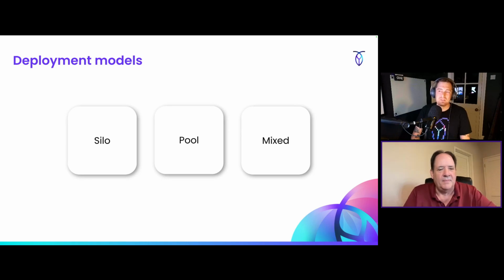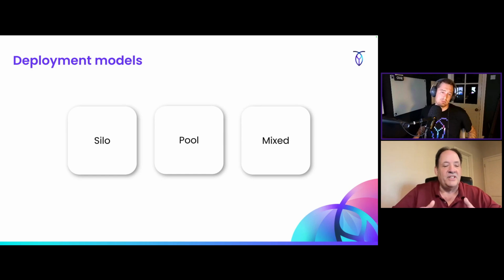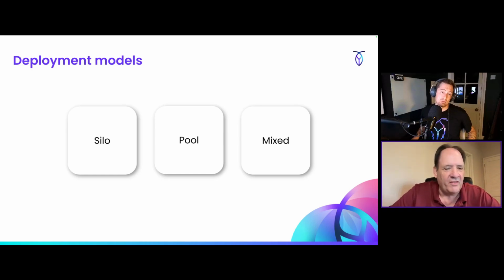I see. And would you leave a separate pooled equivalent of the services for customers who would prefer to remain pooled for cost reasons? It's more of a strategic decision. For me, it's like I always tell people, start with pooled, assume you're pooled for everything, and design and build as if you're pooled. Okay. And then as a business, decide where you might choose to offer silo to people. And so I want it to be more based on a customer's desire to get more value and willingness to pay more to get that value for me to offer them something siloed, right?